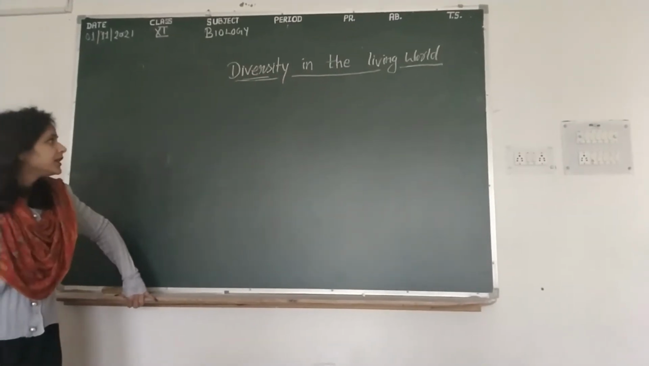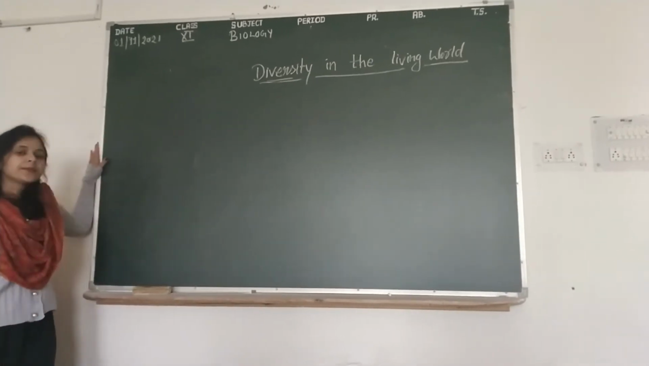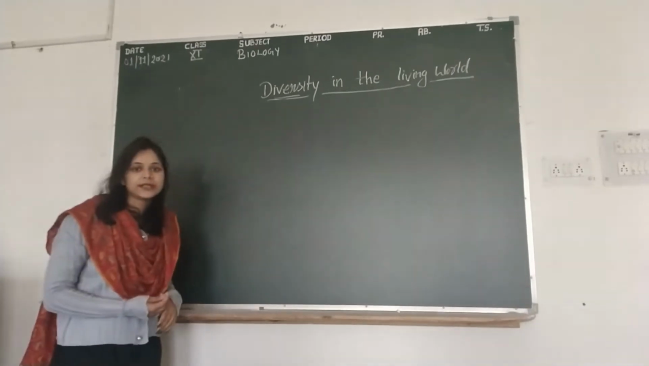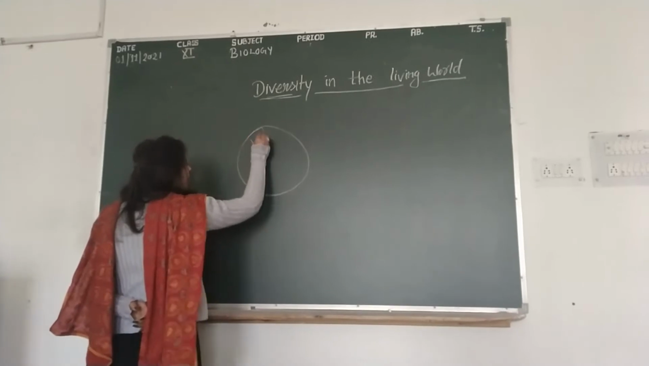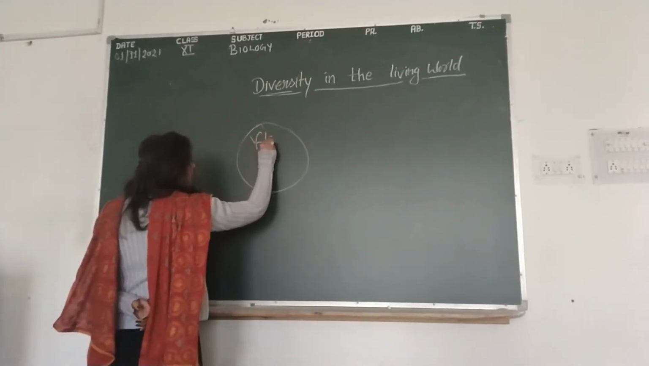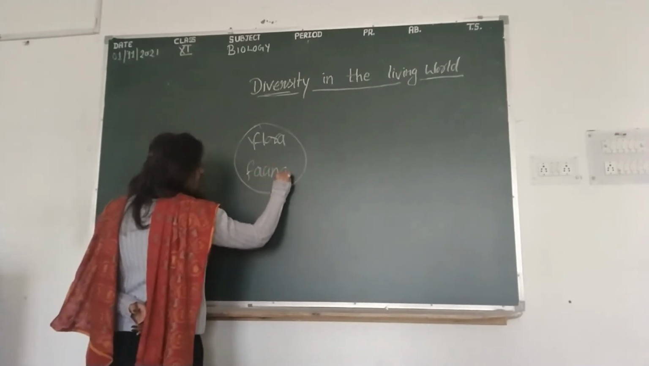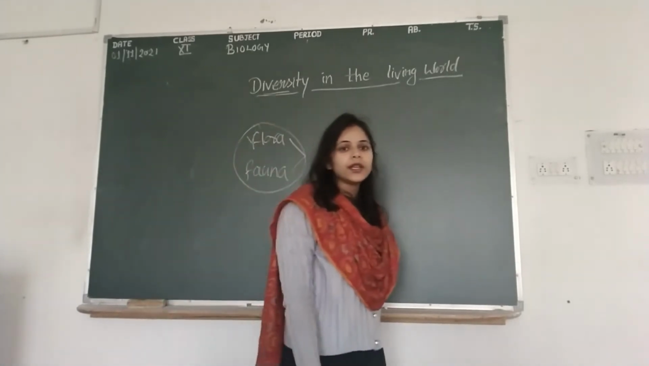You know about diversity. In our earth, various species are present, and types of species are present which are different from one another. As we discussed, in our earth, various flora and fauna species are there which are different from one another by their morphological way or their